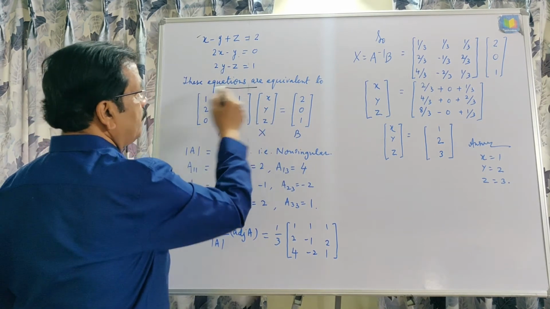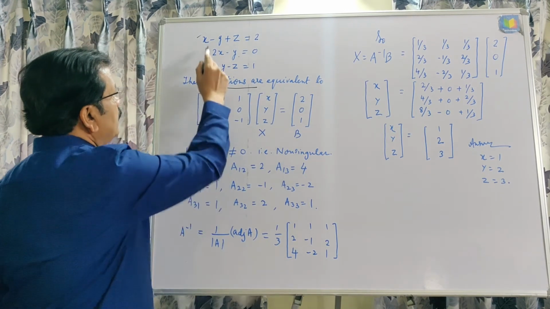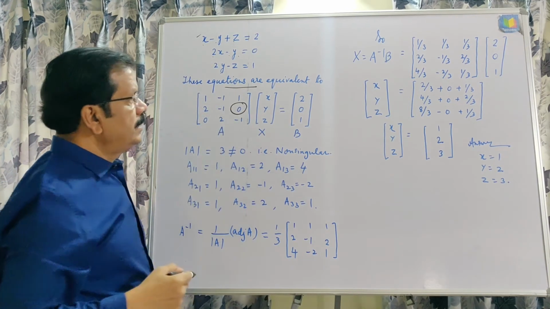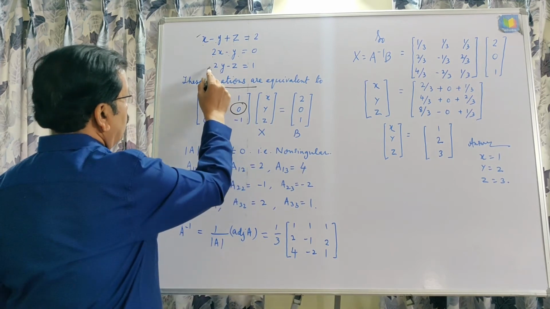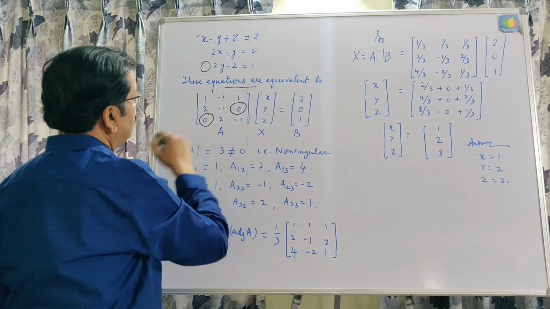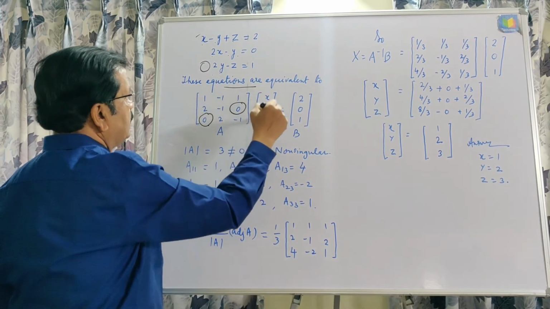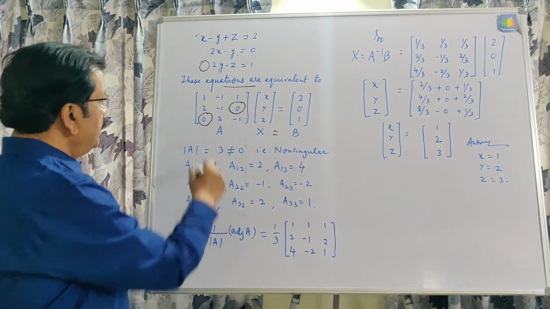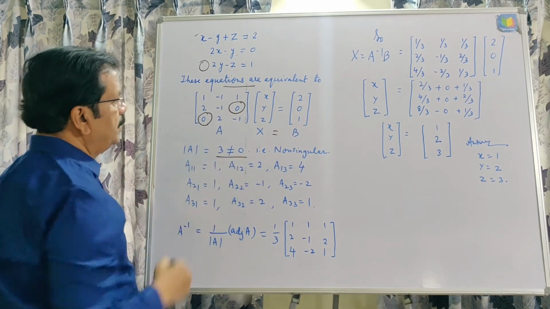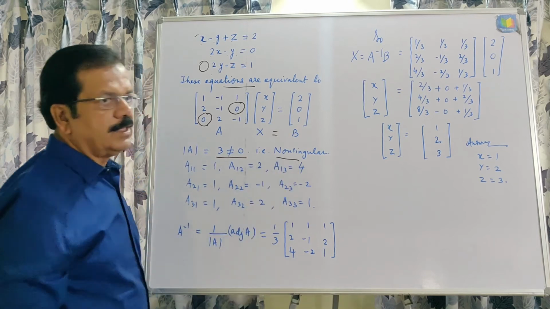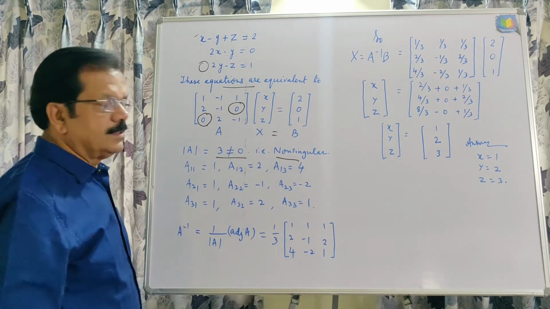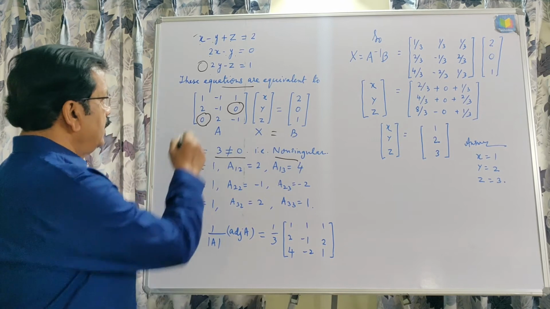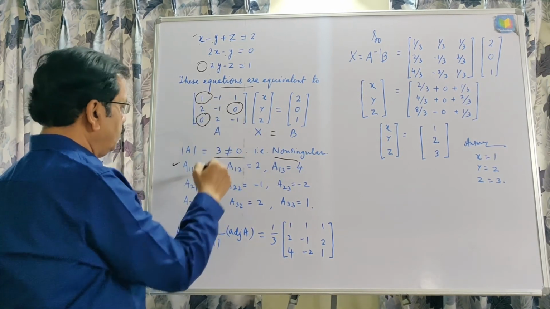Okay, again following the same way, writing equivalent to this 1 minus 1 1, this is 2 minus 1, and the coefficient of Z will be taken 0, and then the coefficient of X will be taken 0 here, and 0 2 minus 1, X Y Z, 2 0 and 1 in the form of AX is equal to B, and then the determinant of A is coming 3, which is non-singular, and then the first type of this inverse, that is writing cofactors of all this, cofactor of this again 1 minus 0, that is 1.